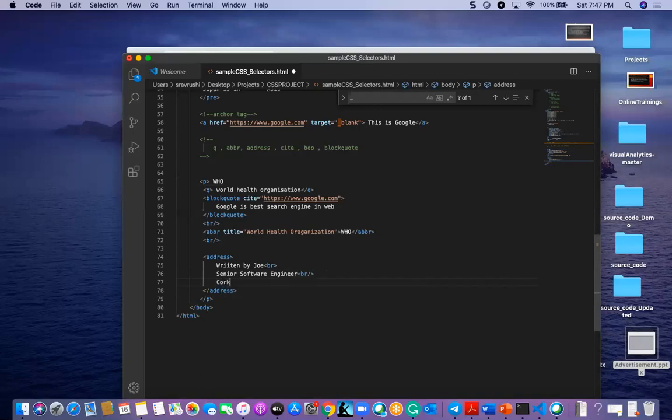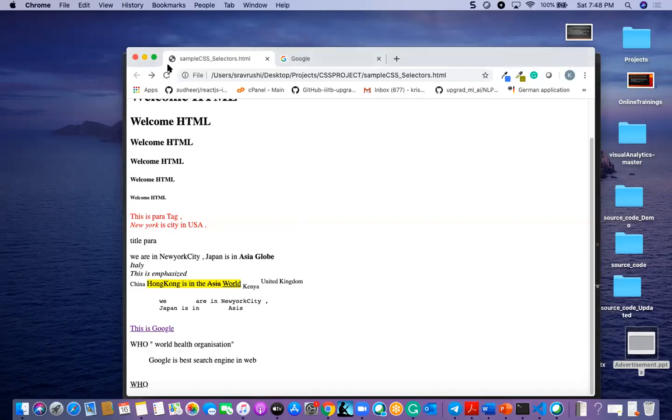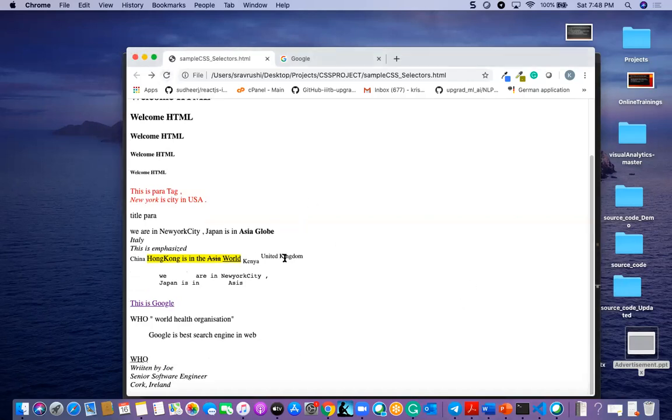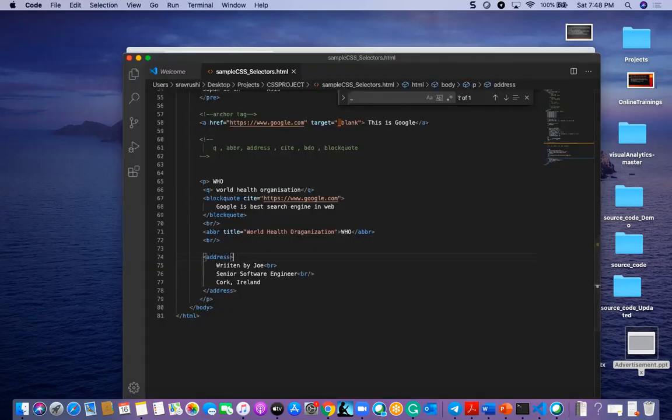Okay. And now I can see this one like this. And this is how a header tag will look like in general.